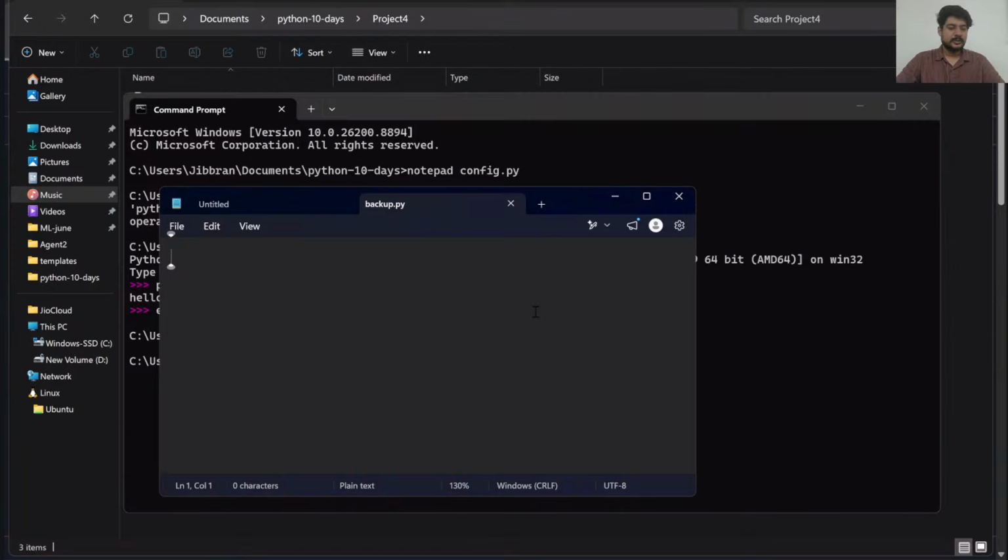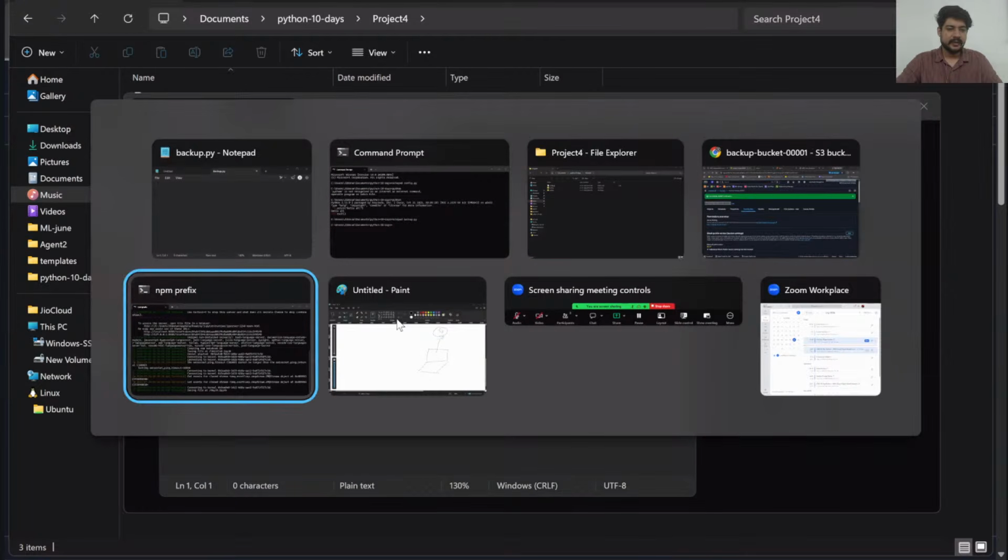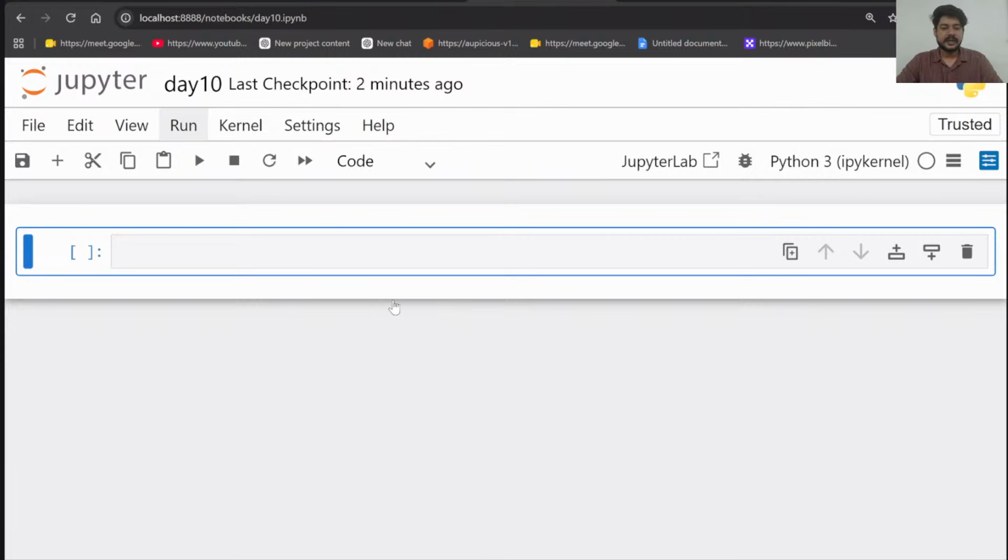So backup code means whatever file is present inside the S3 will be downloaded and created inside our folder automatically. Whenever somebody runs this, they take the entire backup of the S3 bucket, right? So what I want inside this backup file is to technically load some code. So I'll write this code here in my Jupyter notebook. I'm creating it over here.